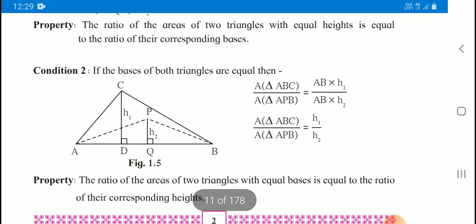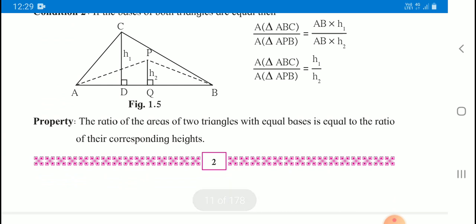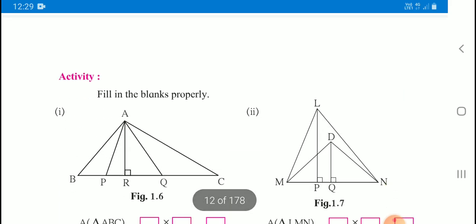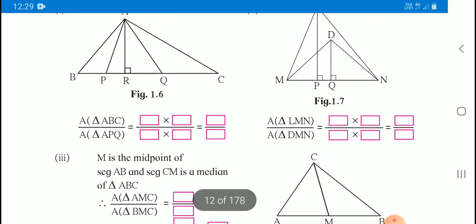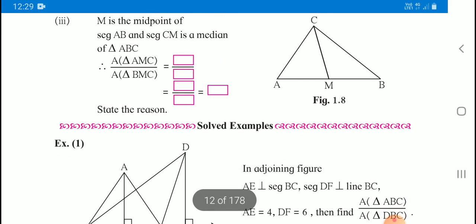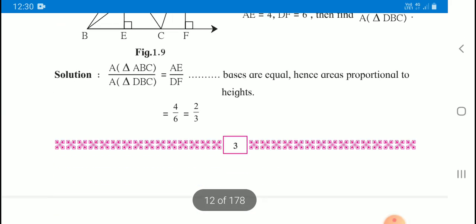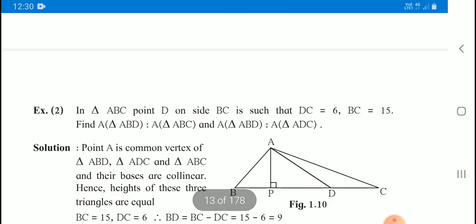And the second one is, the ratio of the areas of two triangles with equal bases is equal to the ratio of their corresponding heights. Using these two properties, you have to solve the activities based on these properties and solve the examples